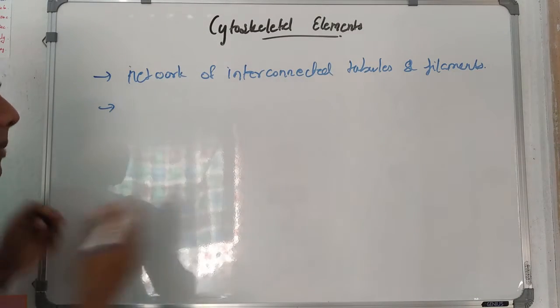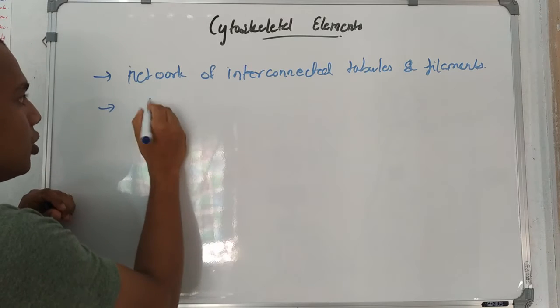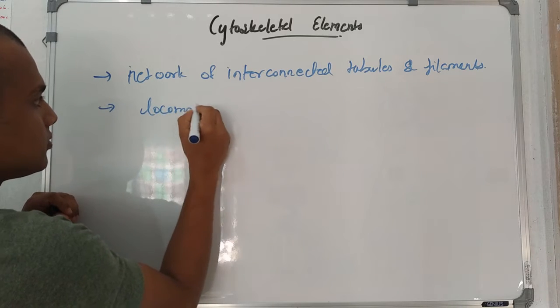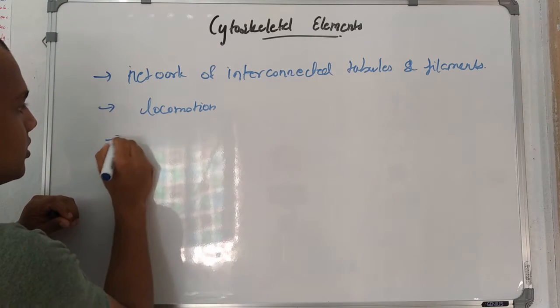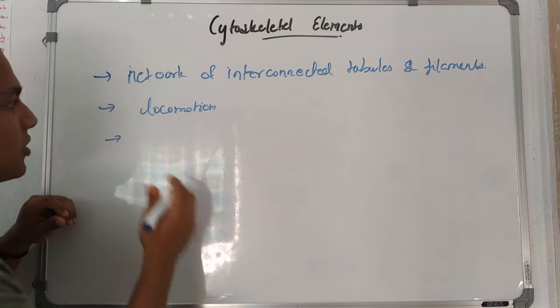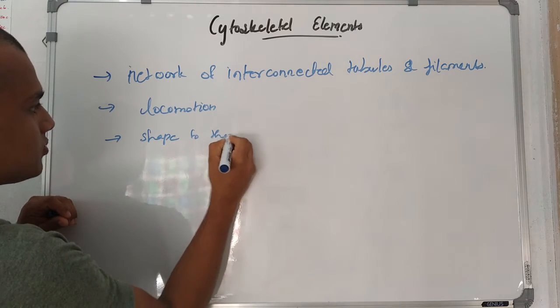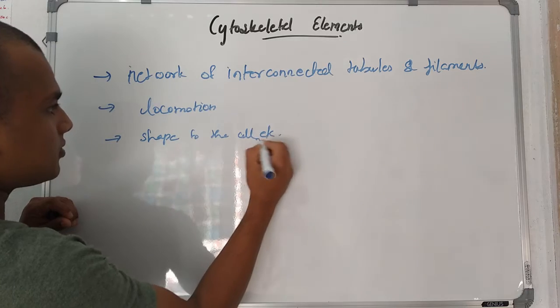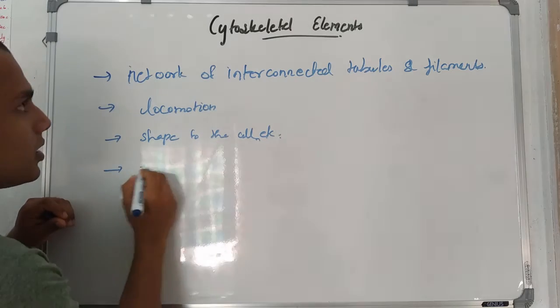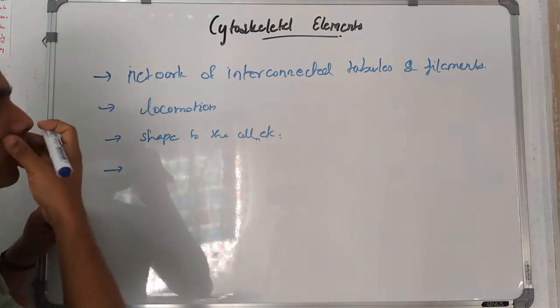They have many functions like locomotion. They give a particular shape to the cell, etc. For example, for an interconnected tubule and filaments is